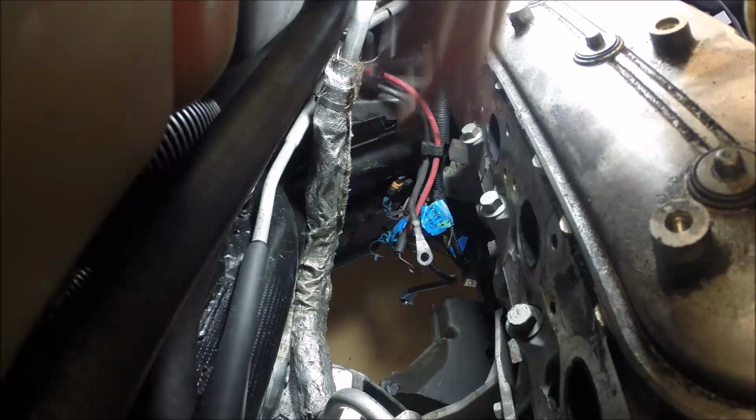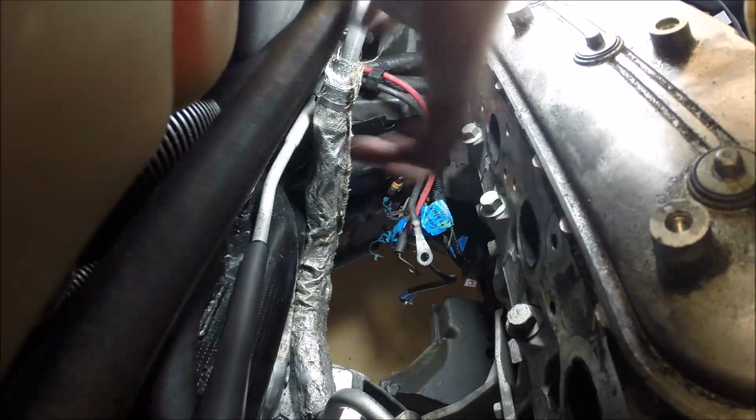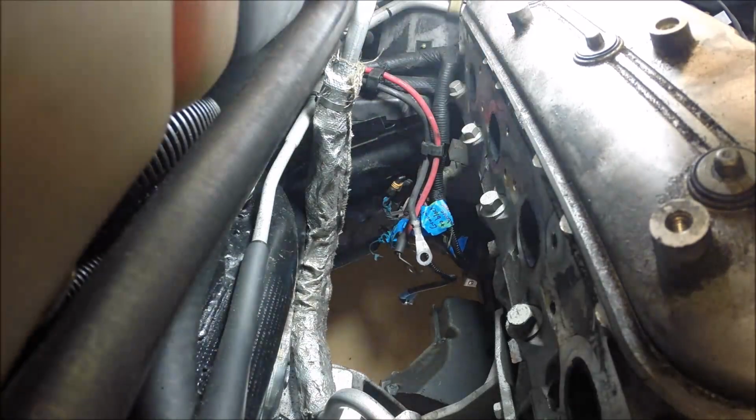Once you have all those out, you can pull the gasket out, and that'll give you room to move the header around. You still won't be able to get it out though. Eventually we're going to come out the top with the passenger side header. From there, that'll give you some room to get to the